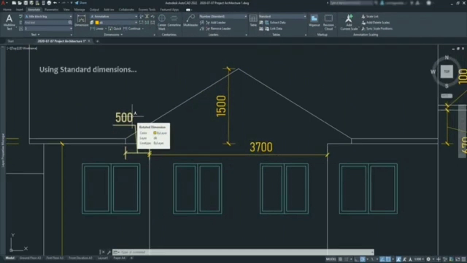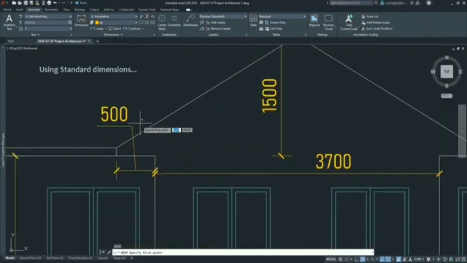Now, suppose that I created them with the standard dimensions. I would need 2 different dimension styles. For the ones on the elevation, the text height has to be around 200 mm,